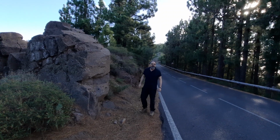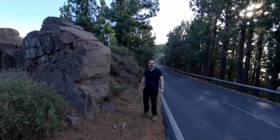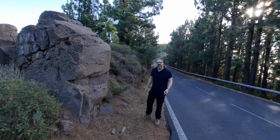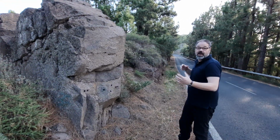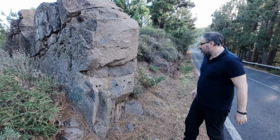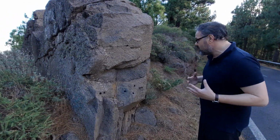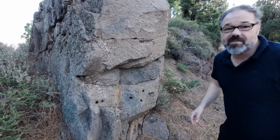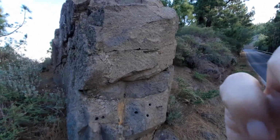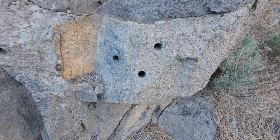Hello, we're here on Tenerife again, and I'd like to show you one of the ankaramite dykes. So this is on the northeast rift zone, the long ridge, and the ridge has a lot of dykes. Here we have eroded the ridge a little bit and we can look into it, and here we see these kind of amazing features, and there we have drilled them a few years ago for several papers, and I